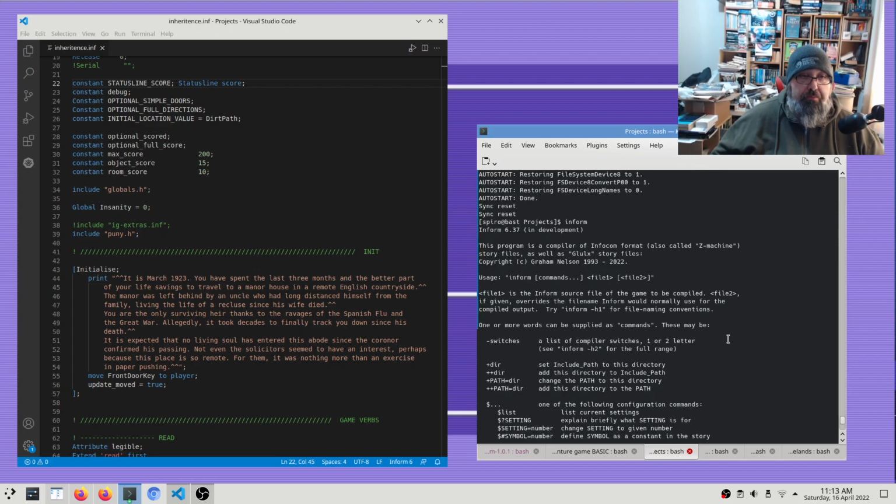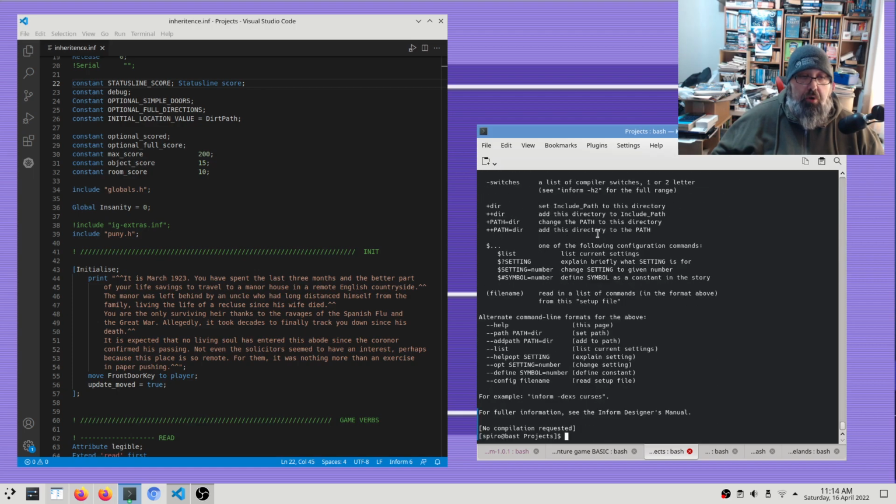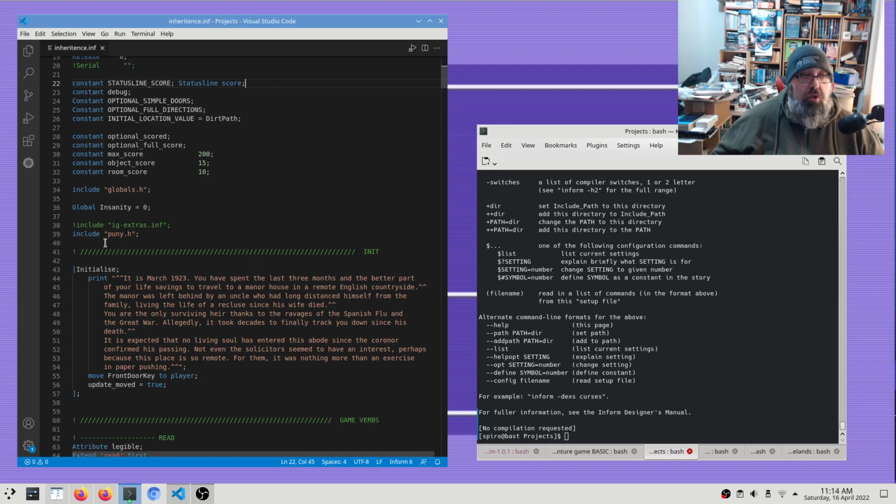I'm using Inform 6, which is the proper Inform, but I think it uses these libraries, and it figures out that I'm using PunyInform. PunyInform doesn't have the full range of Inform Z Machine options, so it's kind of cut down, and the reason it's